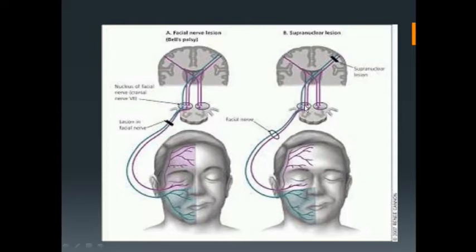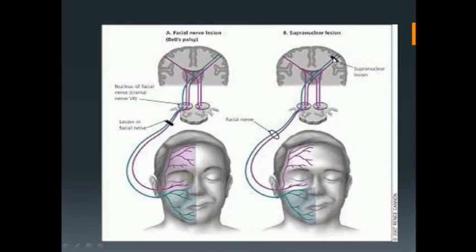This is a typical characteristic. So upper motor neuron has a crossing over and the majority of neurons cross and innervate the opposite nuclei. Very little of them innervate the same side nuclei. Same for the left side. So what is this picture showing?